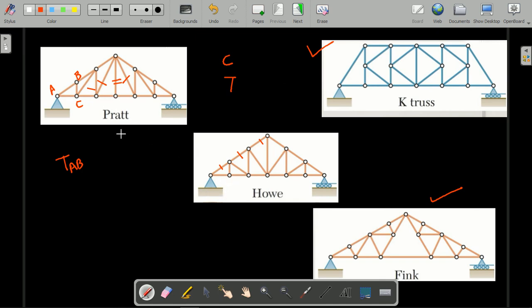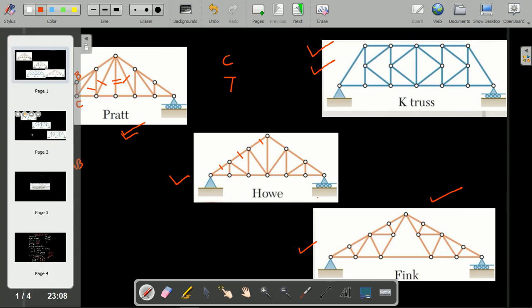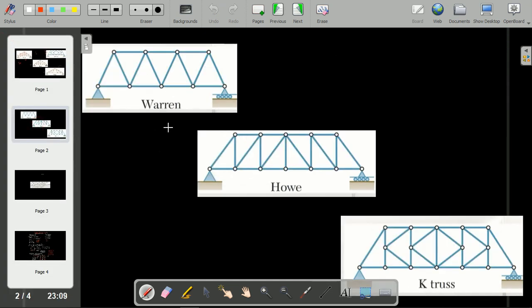These three are the roof trusses we are going to provide for the roof, in cases where we are not going to provide RCC. For the roof also we provide these. And this is the truss we use in the case of bridges. So if you want to construct a bridge, you just observe here also the Howe truss, K truss, Warren truss. This is what we usually use in the case of bridges.